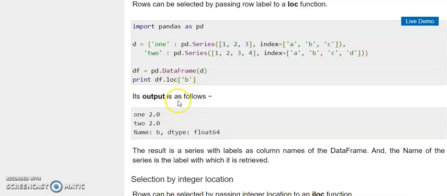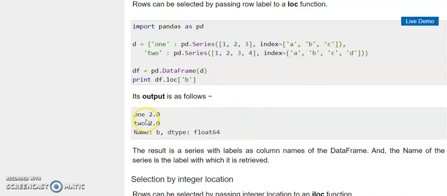So loc stands here for location. Now here we can use the index label according to our choice that we have given. So I want to access the b position data. So I have mentioned here how we can access a specific row from the data frame. Index indicates the row number. So here I want to access the b row, the data at the specific b position.